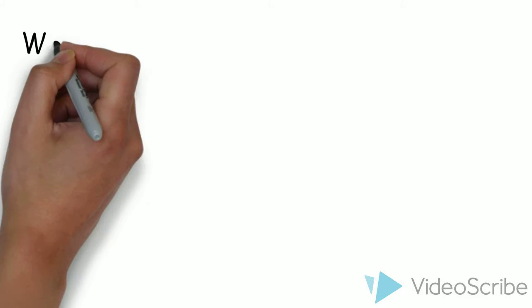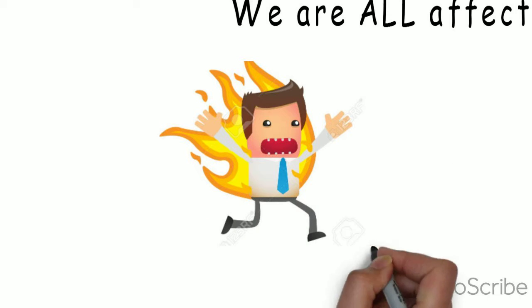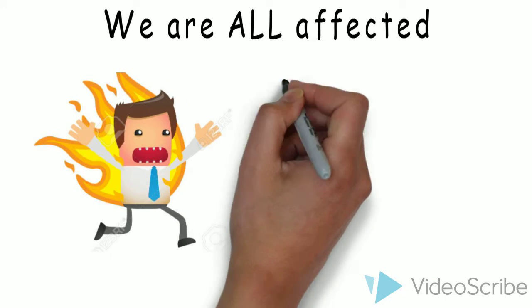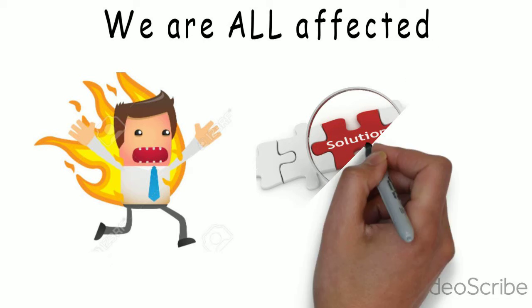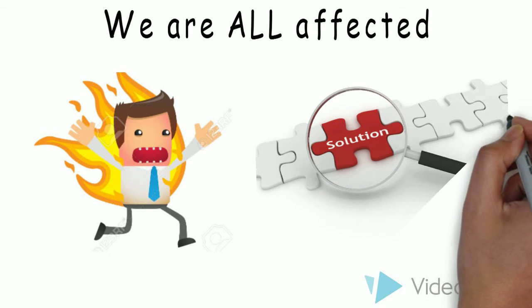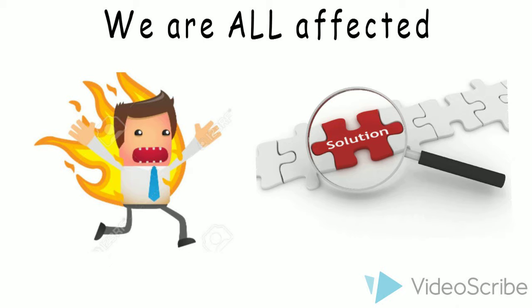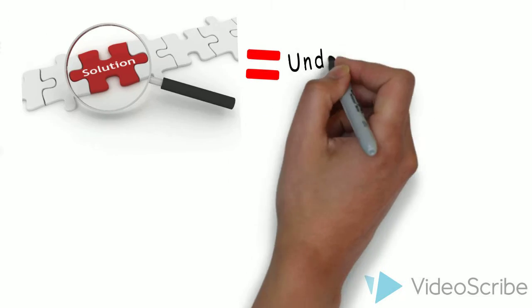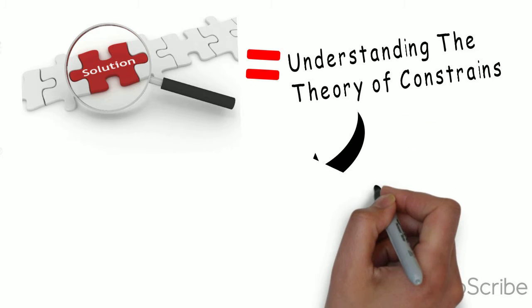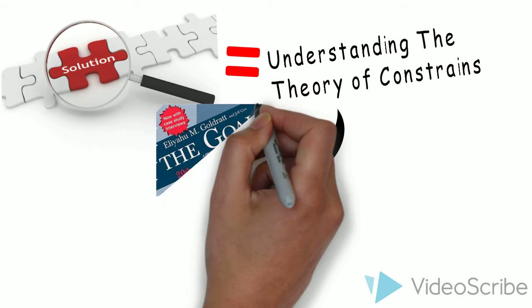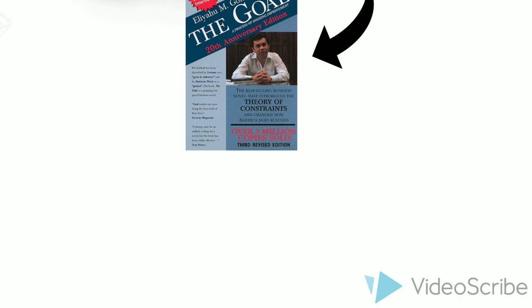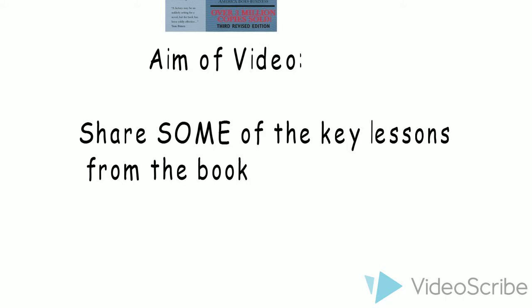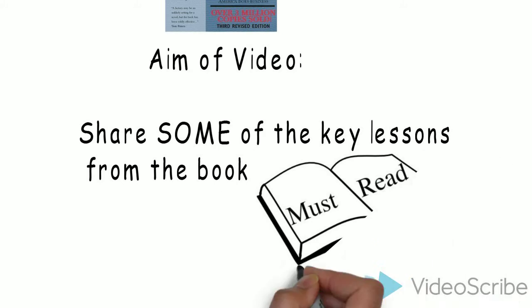We've all been affected by these problems, and I, as your general manager, have received the most heat from the head office. So much so that my marriage has been shaken. We have explored many options, and finally, I have found the answers. Our hope is in understanding the notion of the theory of constraint, which is well narrated in a novel titled The Goal. In this video, I will share some of the key lessons from the book, but I recommend that everyone reads this book.